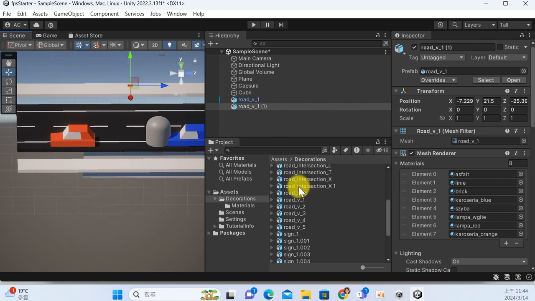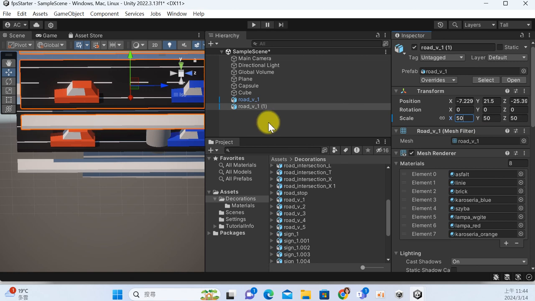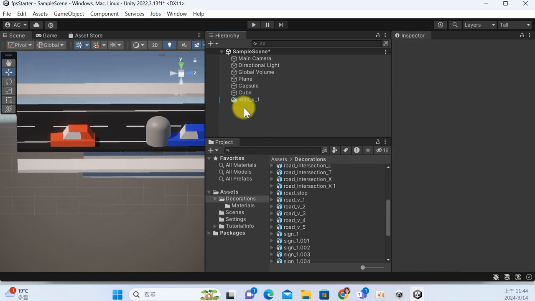Drag the object into your scene and scale its size. 怎么这么多路？这个都是路。Okay, so this is the cross content. Which part you added as